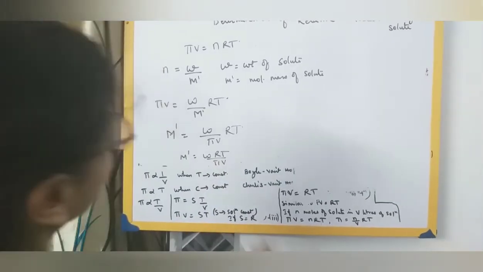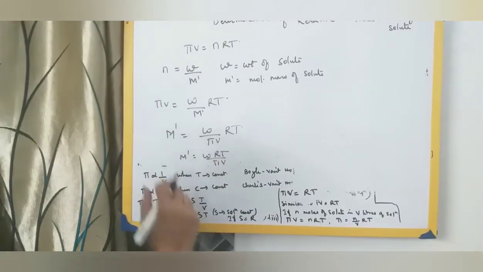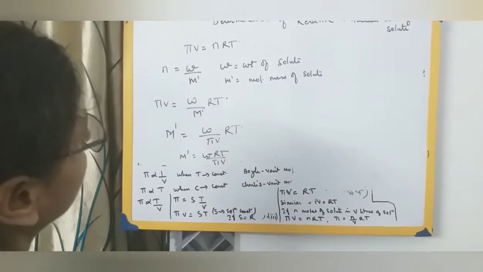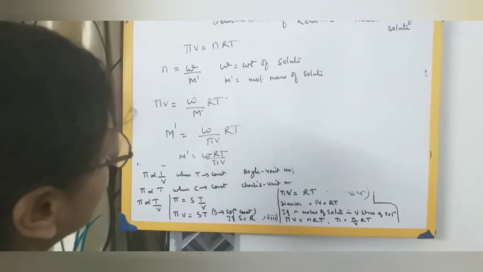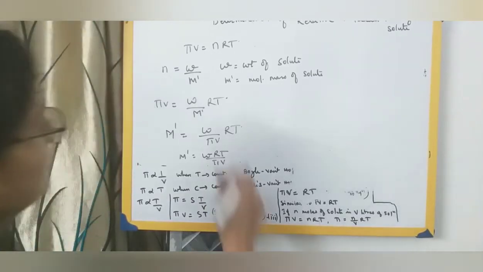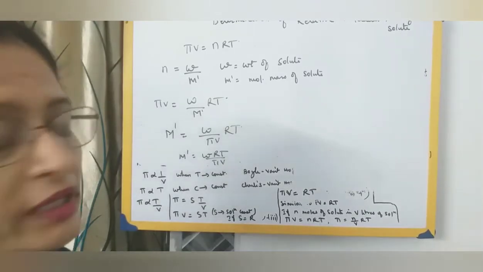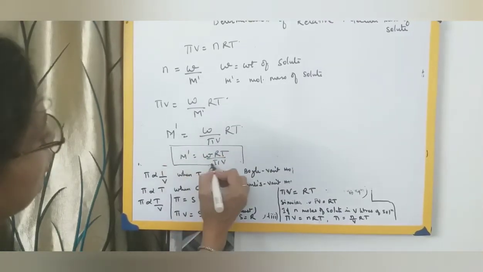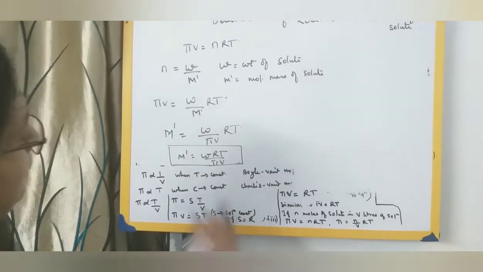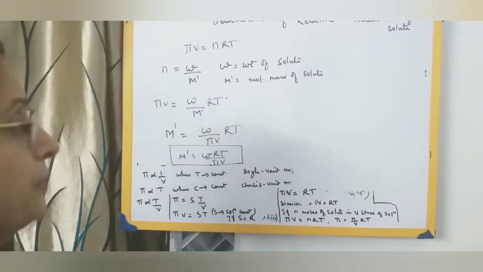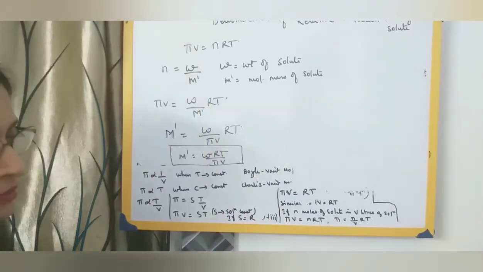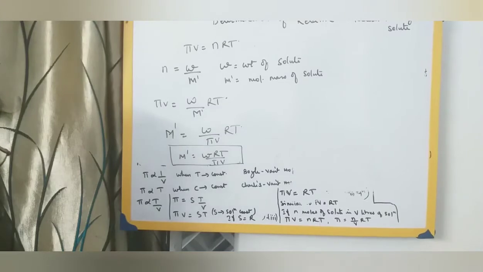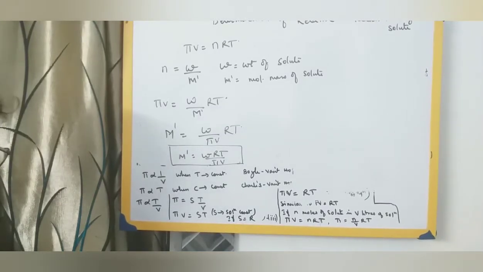So from this equation we can find out the molecular mass of the solute, if we know the weight of the solute, the gas constant which we already know, temperature which is a constant, and the osmotic pressure and the volume of the solution. So in this way, for all these colligative properties, we have been finding out the equation for calculation of the molecular mass of the solute. So this equation is very important, that is m dash is equals to WRT by pi v. See that all these equations for calculation of the molecular mass of the solute on the basis of the colligative property, you learn these equations very carefully, very thoroughly.